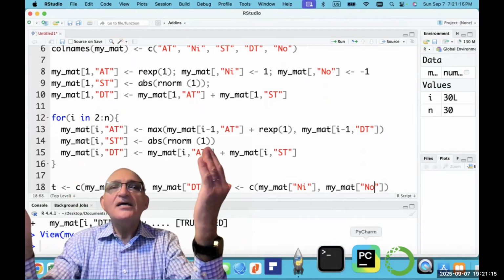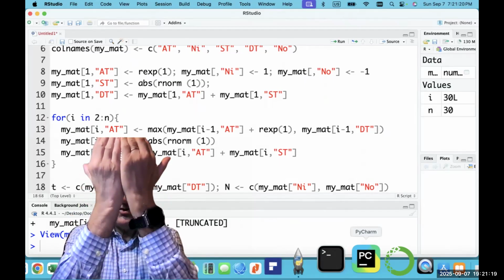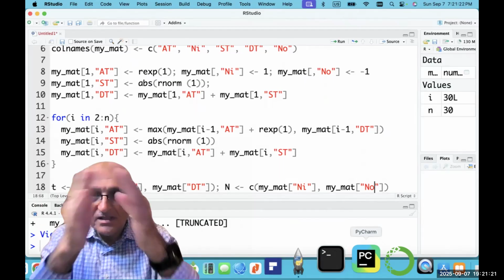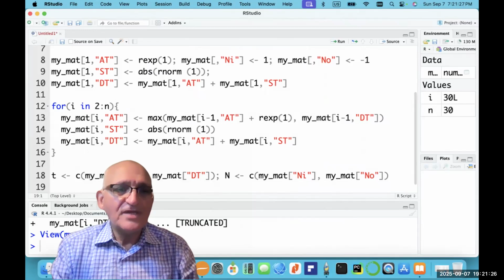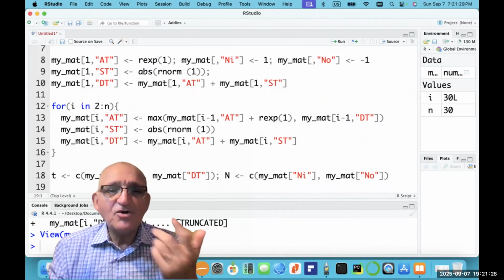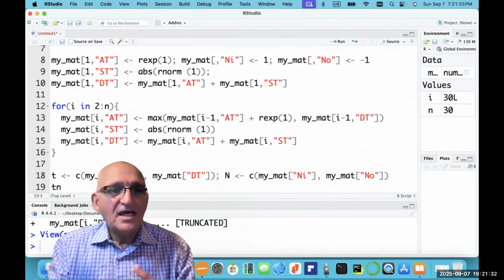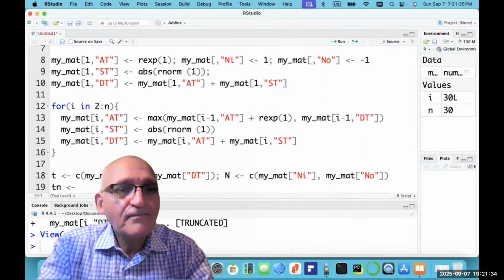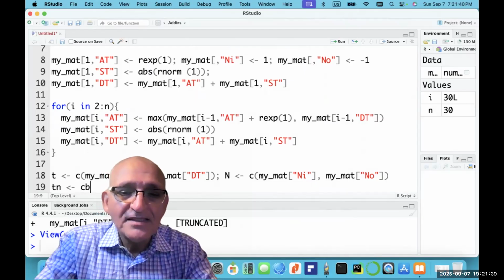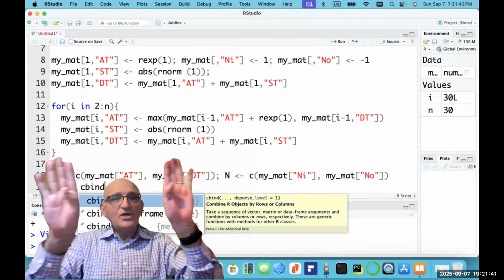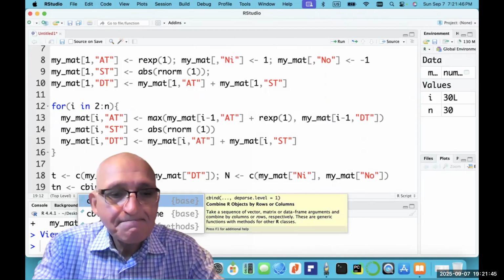How do I connect the vectors and make them two vectors in like one list, so to speak? How do we do that? So maybe we give it another name. I'm going to call it Tn since it has times and numbers. And the keyword in RStudio is cbind. I'm going to bind these two together. Okay, so I'm going to say cbind